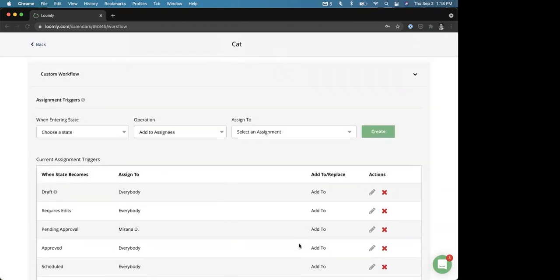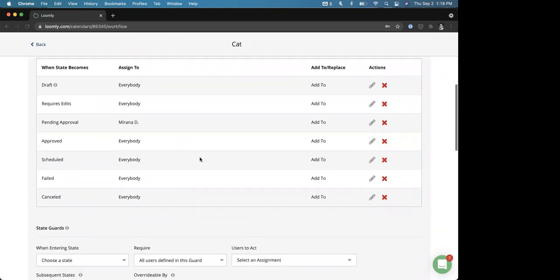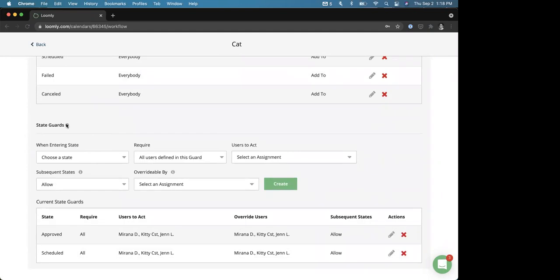Lastly, custom workflow is the way to go when you need to automate your team's workflow with collaborator assignments for specific post states and consolidate your approval process with conditional guards. Have assignment triggers, state guards,